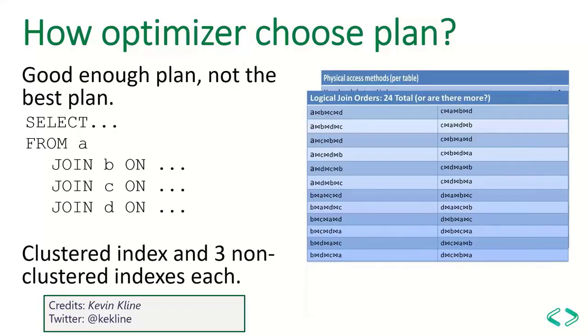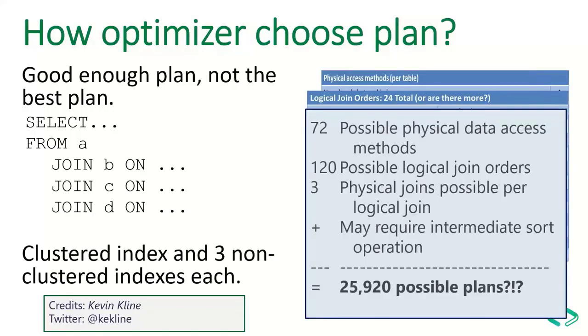On top of it, the optimizer has to analyze so many transformation rules, at least some thousands of them. And out of all of these transformation rules, it will grab approximately 26,000 possible plans to choose a best plan for this simple select statement. So just imagine how much IO intensive and cost consuming it is to get the best plan for this simple select statement. And no user wants to wait for such a long time to get a best plan, right?